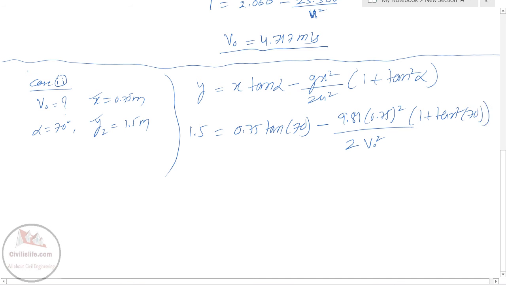On simplification it becomes 1.5 is equal to 2.060 minus 23.586 upon v naught square, and on solving this one we get the value of v naught as